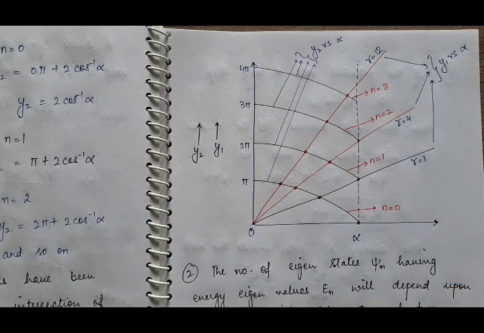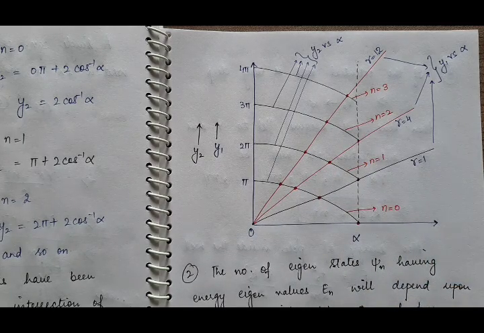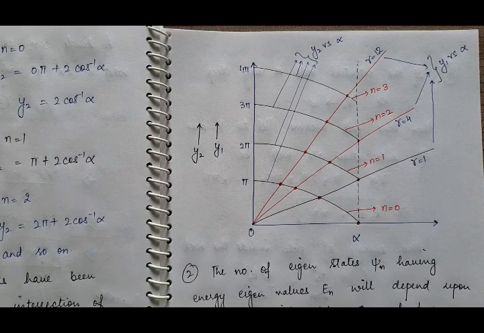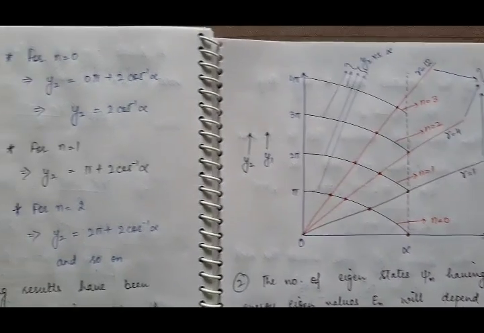It means the value of alpha is quantized. If alpha is quantized, then energy, which depends upon alpha, will also be quantized. So from this graph we have,